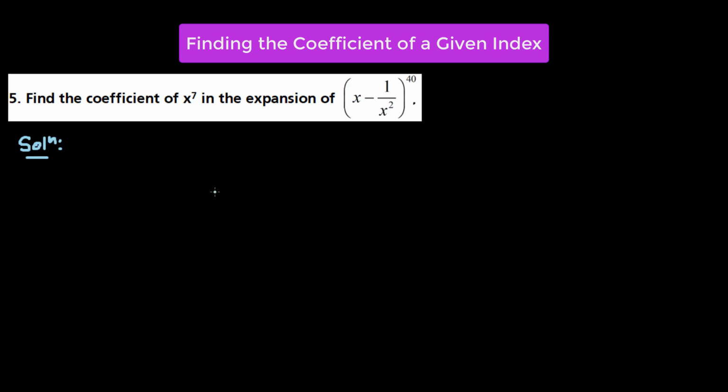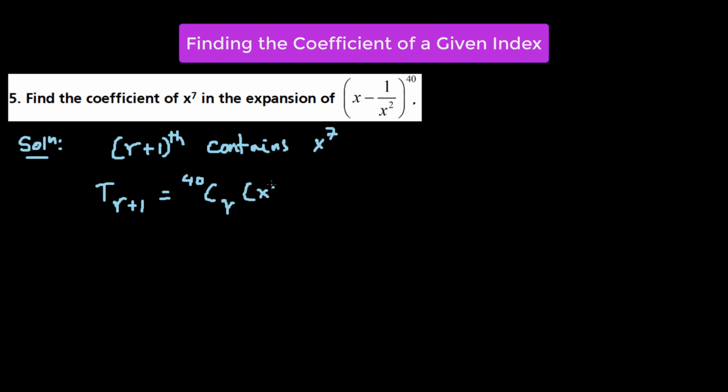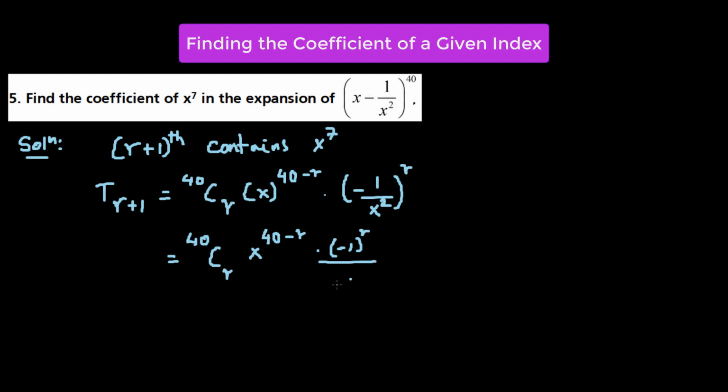So in this particular question, we have to find the coefficient of x raised to the power of 7 in the given expansion of the binomial expression. So we assume that the r plus 1th term contains x raised to the power of 7. Then we find the value of t r plus 1, which is equal to 40Cr times x raised to the power of 40 minus r times negative 1 over x squared, whole raised to the power of r. When we simplify it, we get 40Cr times x raised to the power of 40 minus r times negative 1 raised to the power of r divided by x raised to the power of twice r,